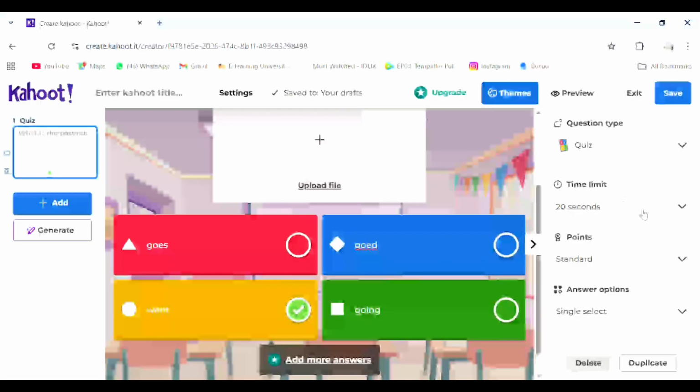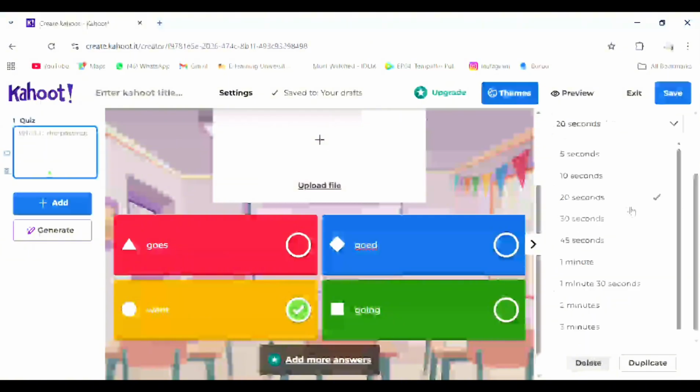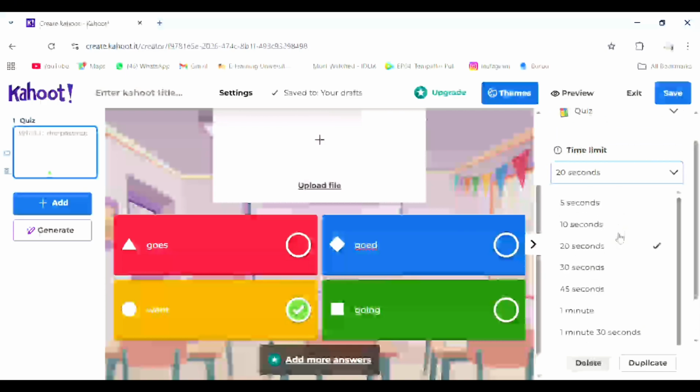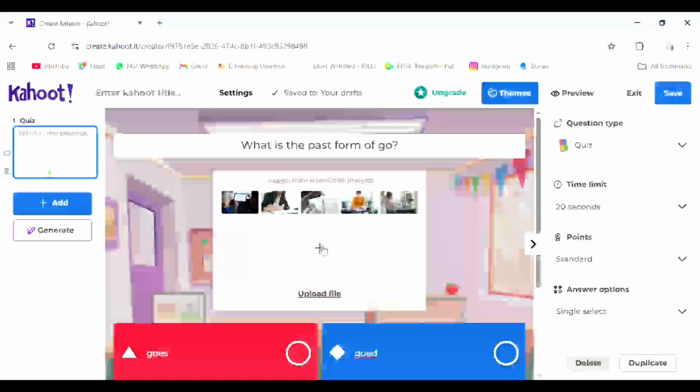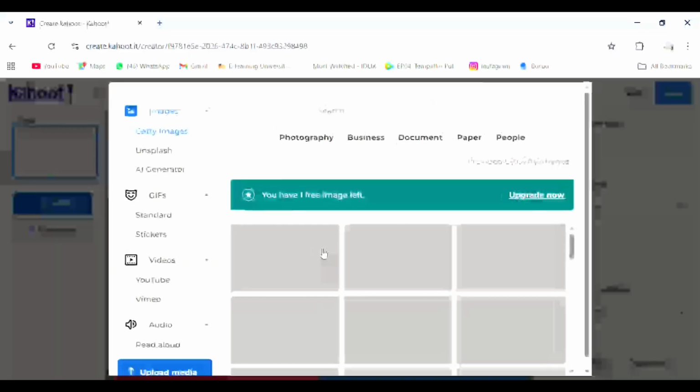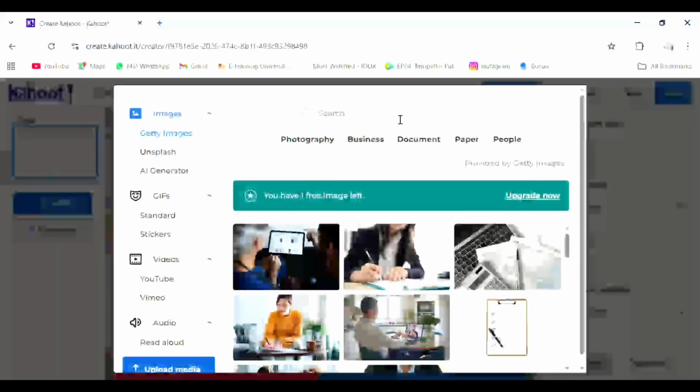You can also set the time limit. Okay, maybe 20 seconds is enough. And you can add pictures related to the question.